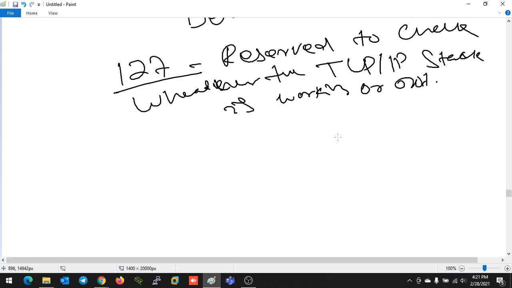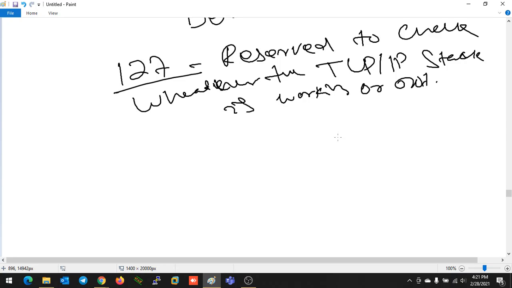It is assigned 127.0.0.1. Why? Just to check if my TCP/IP stack is working or not. That means the network driver of my device is working or not. If we have a NIC, that NIC is a physical component of my device, and all the physical components our device has, my operating system doesn't know about them.